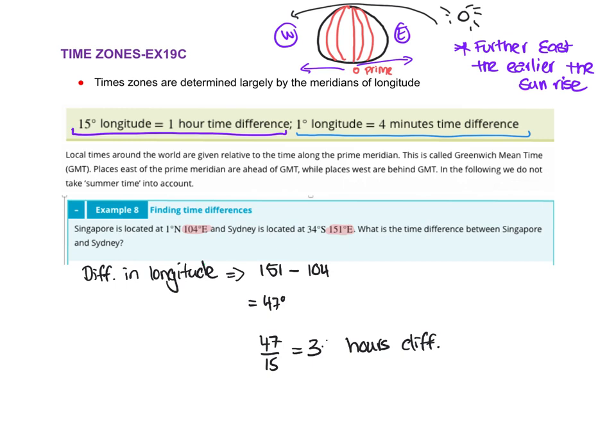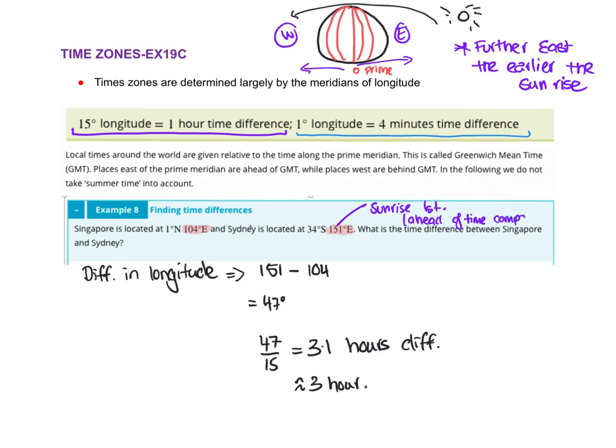We're just going to say 3.1, so approximately a 3-hour difference between Singapore and Sydney. If you think about it in the time of day, Sydney is further east, so it will get the sunrise first, and we would say it's ahead of time